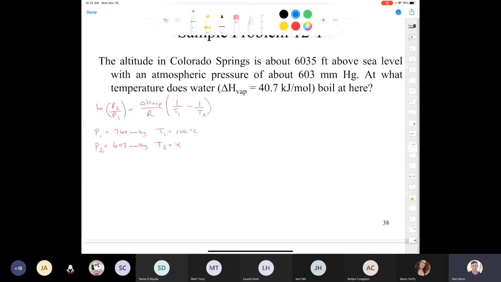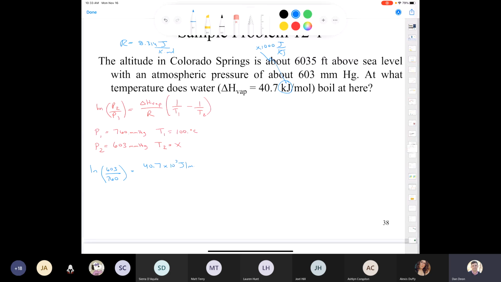So let's try that. We're going to take the natural logarithm of 603 divided by 760. I'm going to leave the units out because they're going to cancel anyway. That is equal to the heat of vaporization. Notice that it's in kilojoules. Since our R is 8.314 joules per Kelvin mole, we're going to have to convert this into joules. So we'll have to multiply by 1,000 joules in a kilojoule. So I'll write it like this. I'll put 40.7. A shorthand or trick to do this is to just write times 10 to the 3